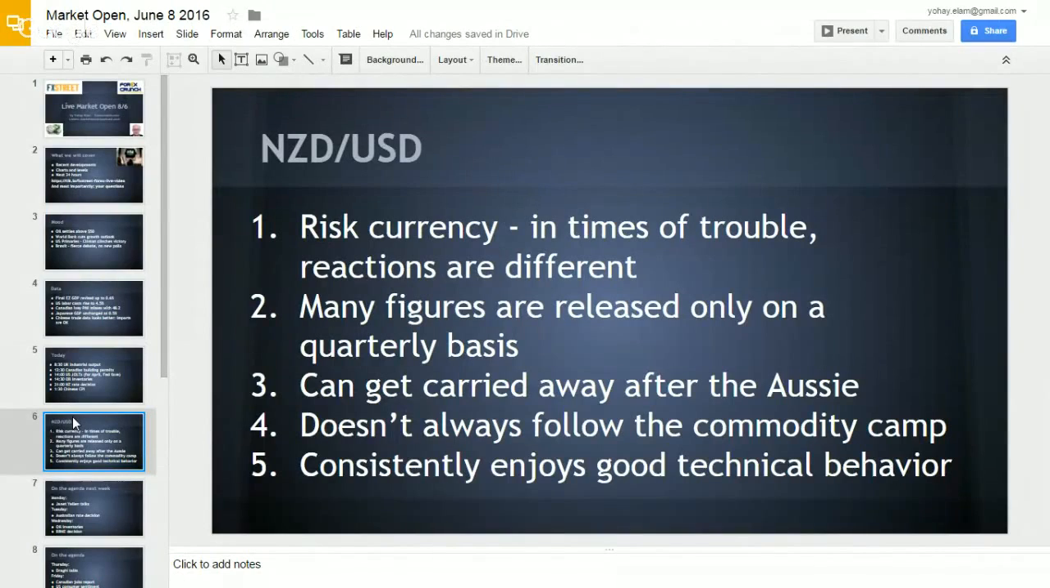Today's special segment is about the Kiwi dollar. Here are 5 characteristics for the Kiwi. Some of them are in common with the Aussie, some aren't. So first of all, for most obvious thing, like the Aussie, like the CAD, a few other currencies, Kiwi dollar